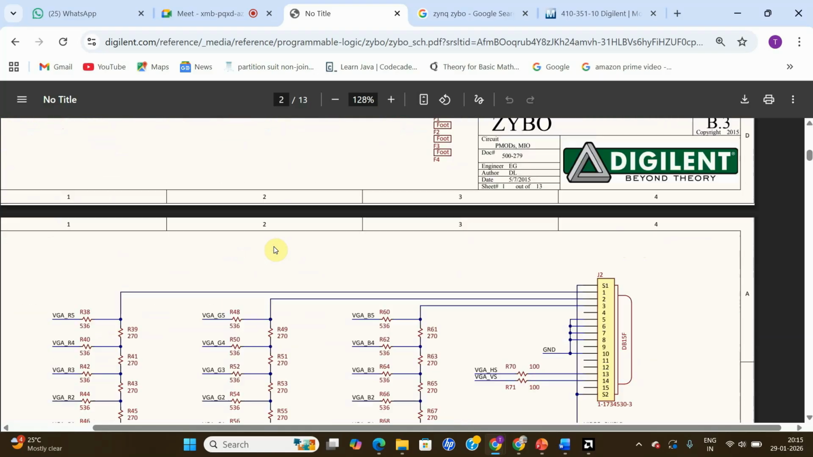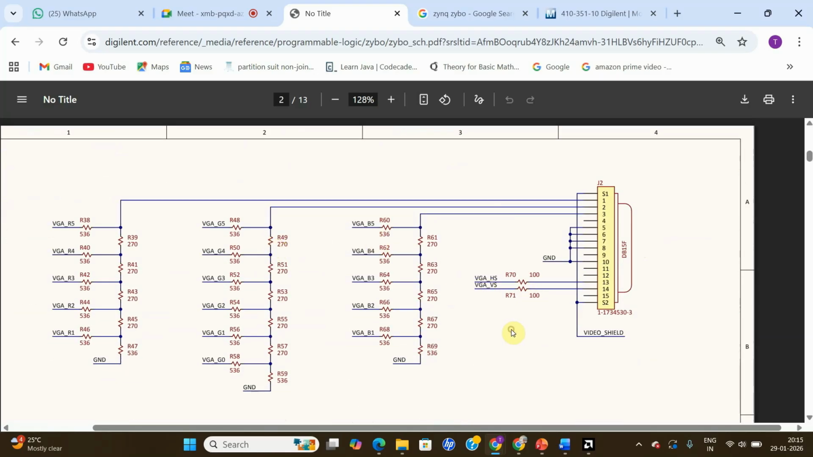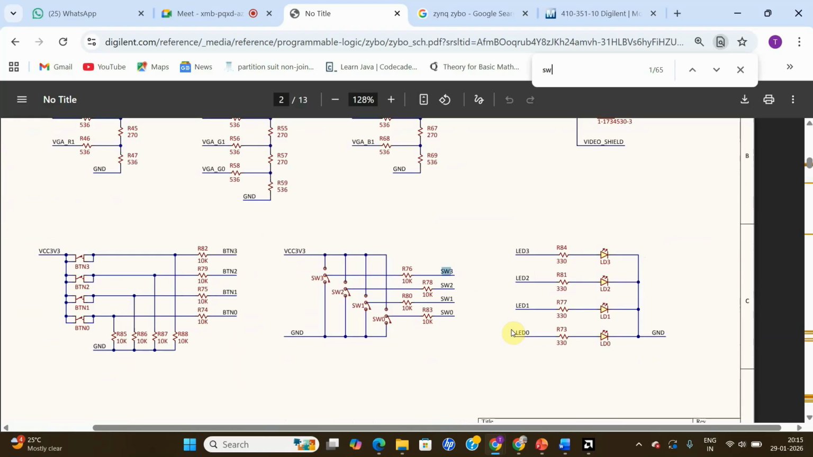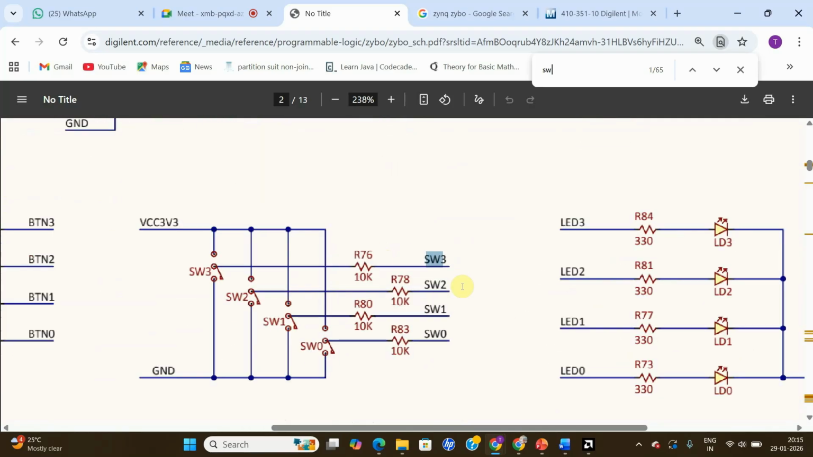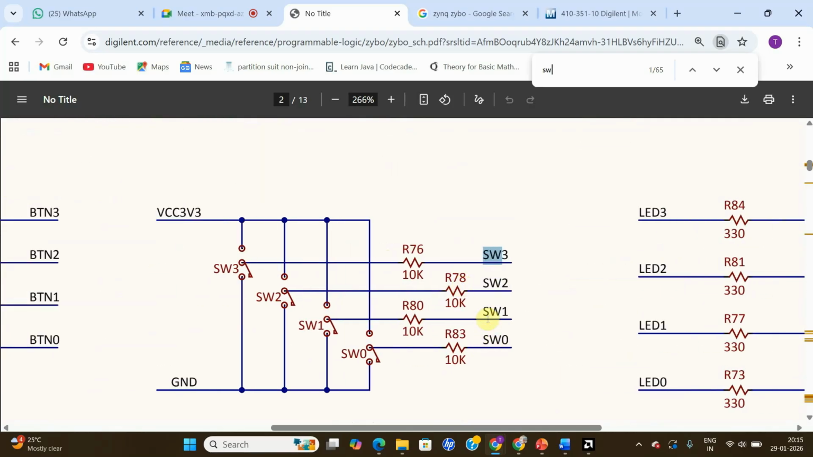Now, if you cannot find where SW is present, you can simply search for SW. Yeah, these are the four switches present over here: SW0, 1, 2, 3. Now, if you further search for SW0 and go down,